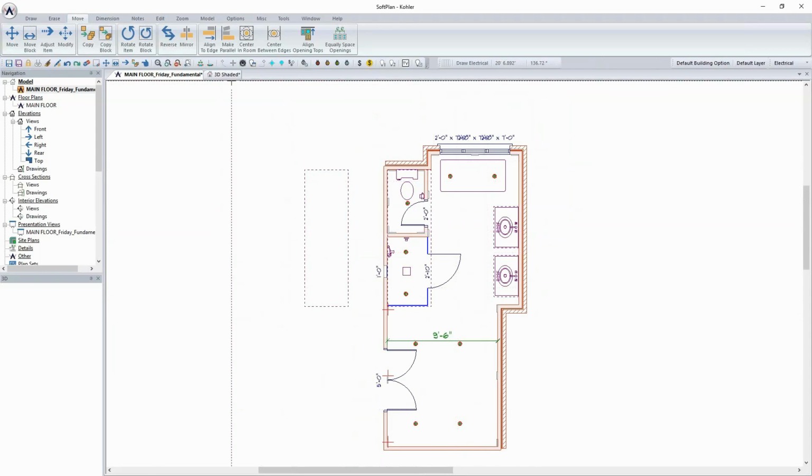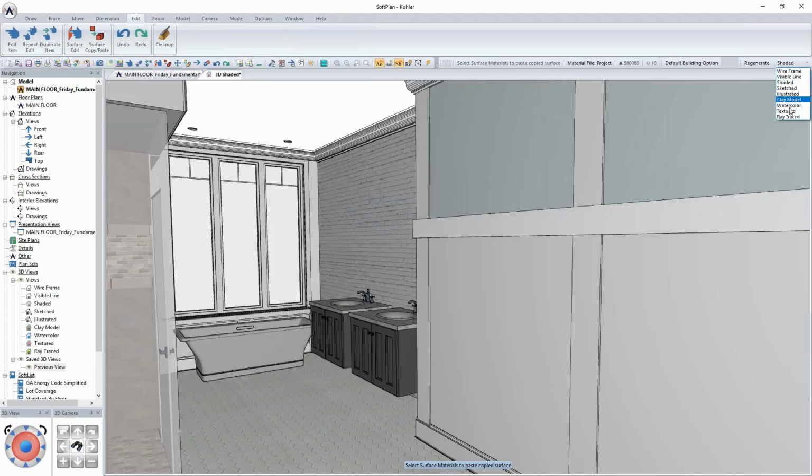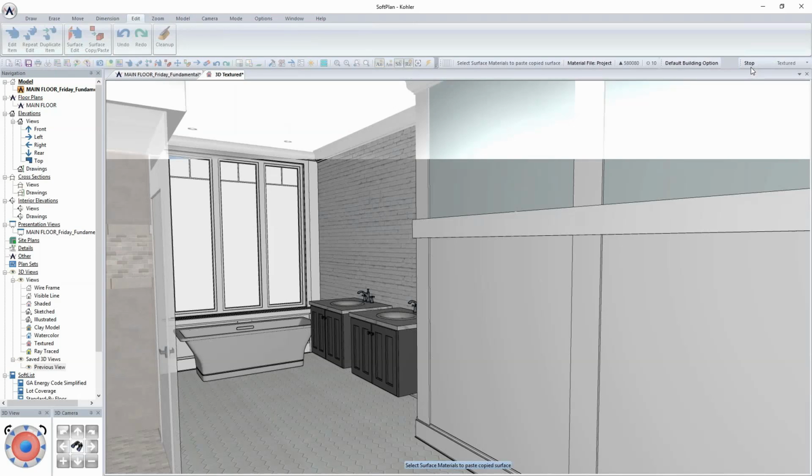So I've added a bunch of can lighting in there, and as I begin to look at this inside texture mode, you're going to see that lighting will begin to cast shadows onto the textures and so on. But as soon as I change to texture mode in the upper right hand corner, you can see that it comes with a cost as far as the time it takes to actually get the image up on screen. And so this is going through right now and calculating all of those light sources as they're bouncing